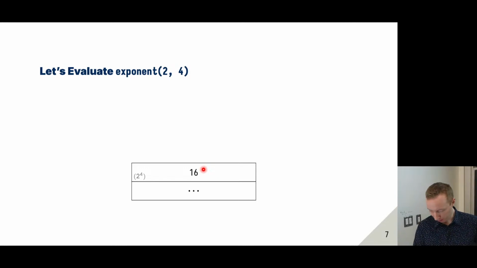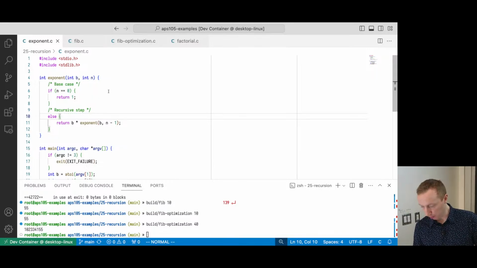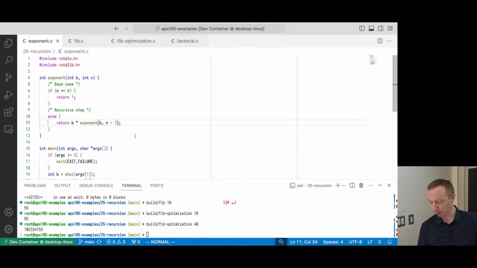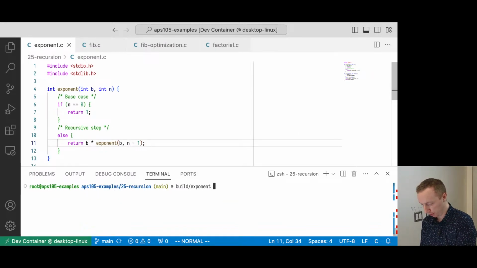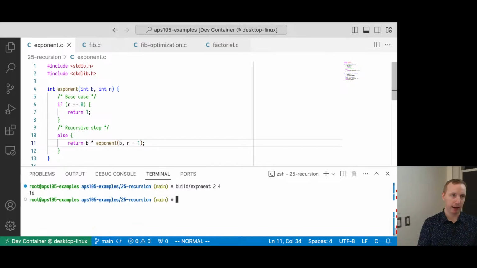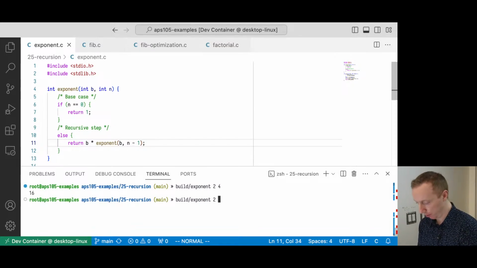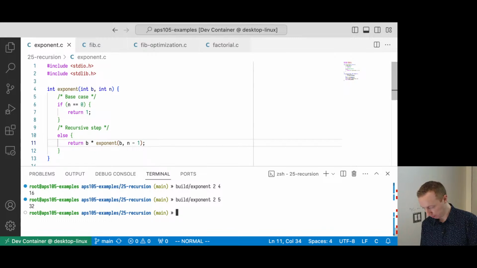Okay, so let's go ahead and run it and make sure it works. Here's that exponent code. I just have my base case and my recursive step. If I go ahead and run it, I could do to the power of 4, something like that. I get 16. Seems to work. To the power of 5, 32. But